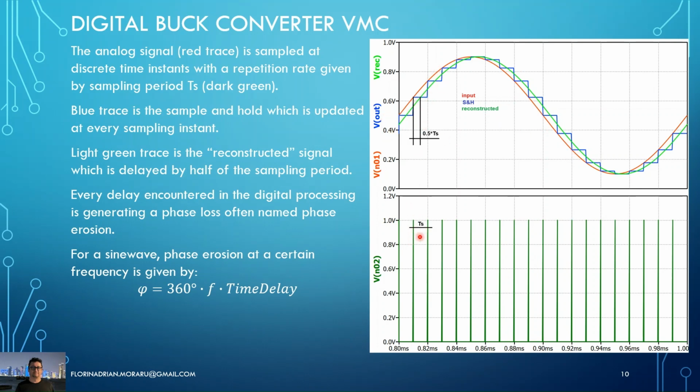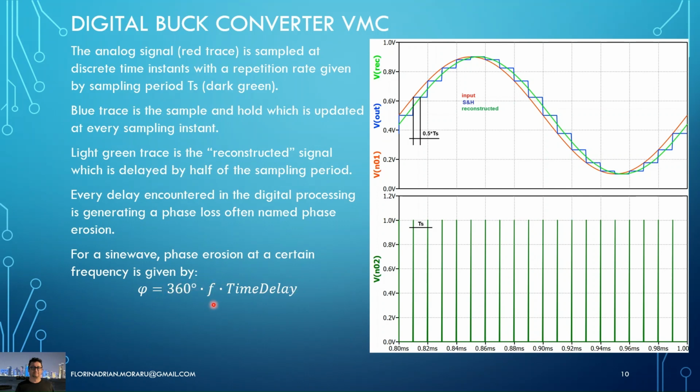At every sampling pulse, we are sampling the output voltage, and then we stay at that value until the new sampling happens, and so on. If we were to reconstruct the analog signal based on this sample and hold signal, we see that it will be delayed in time by exactly half of the switching period. So in general, we have a phase loss, also called phase erosion, given by this expression: